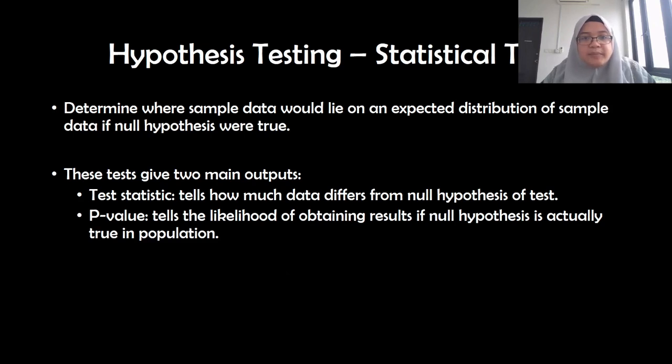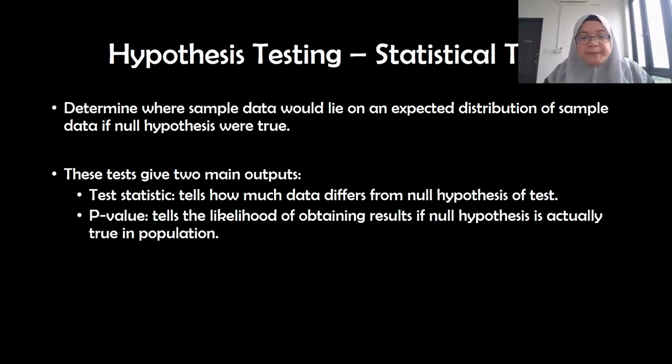So, in hypothesis testing, we need to conduct the statistical test which determines where sample data would lie on an expected distribution of sample data if the null hypothesis were true. So, this test will give us two main outputs, which are the test statistic that tells us how much the data differs from the null hypothesis of the test, and the p-value that tells us the likelihood of obtaining results if the null hypothesis is actually